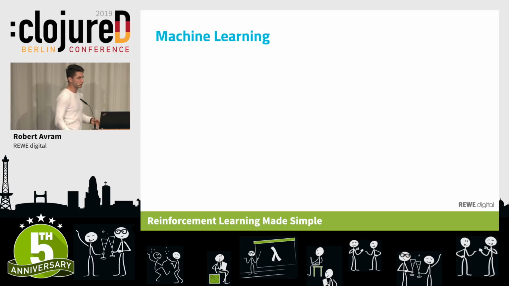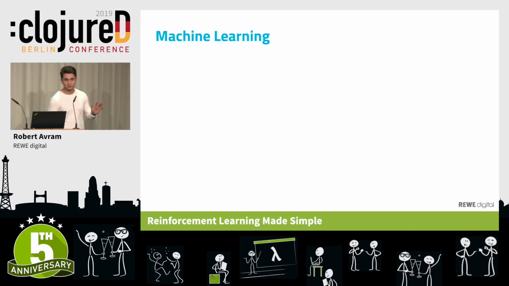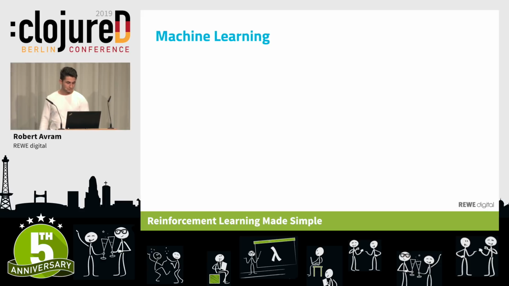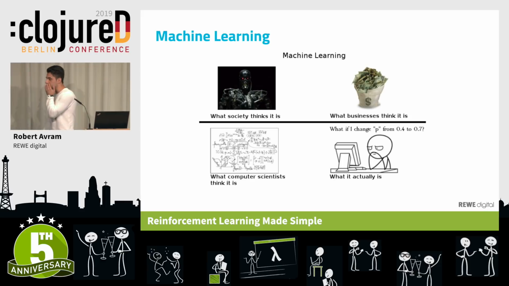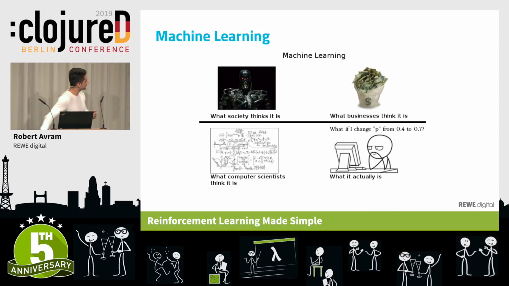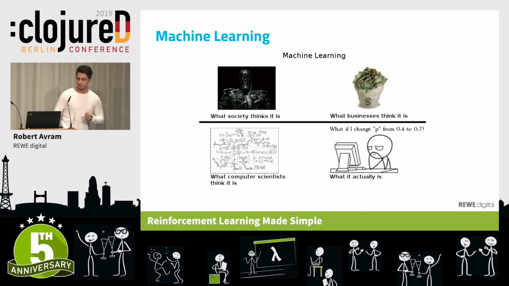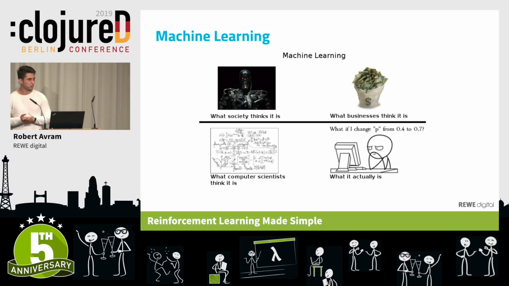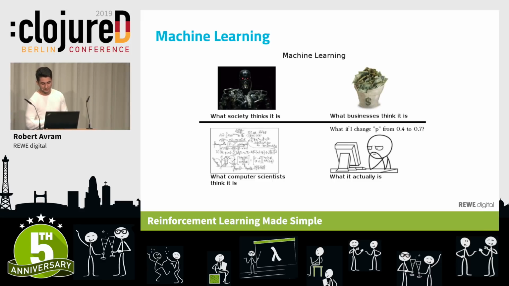Now, to be perfectly frank, I'm not here to lie to you. I'm not here to tell you that it's the future, that it's going to cure all sadness in the world and deter the apocalypse, what have you. What I'm here to tell you is that you need not know too much about machine learning to actually do something fun and practical with it. And the reason I think this is because I believe functional programming can simplify the way we encode machine learning algorithms, and Clojure, being the beautiful language that it is, can simplify it even more.